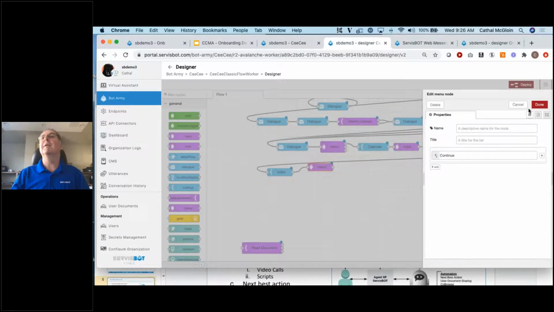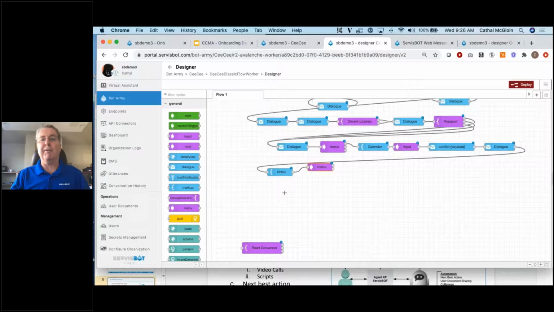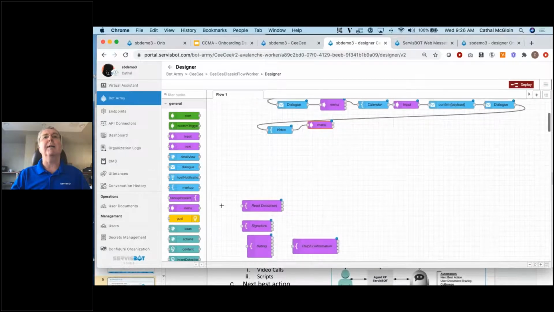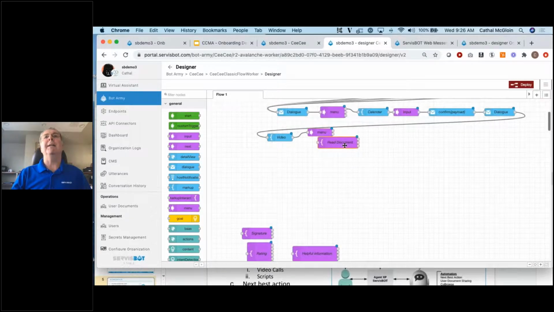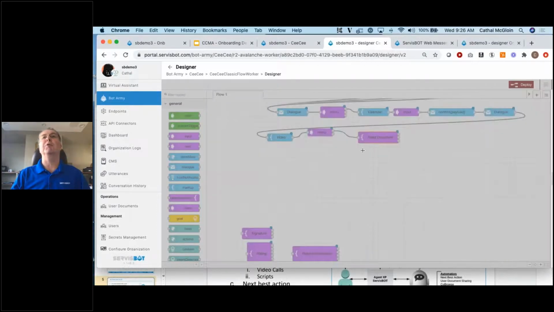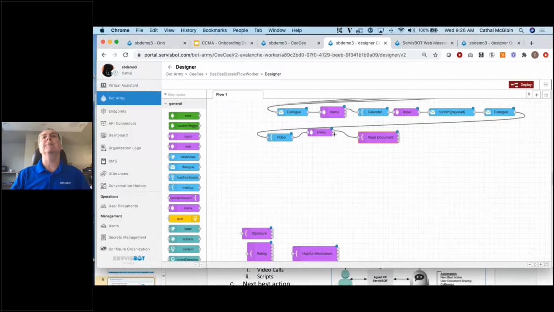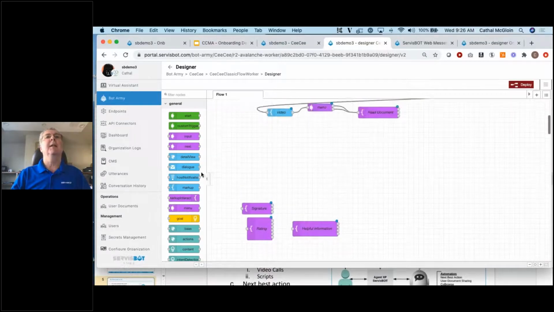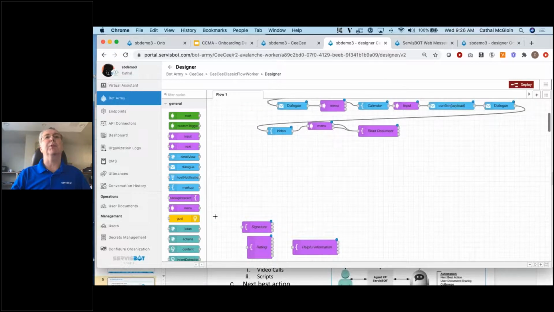Continue. And you'll see this sort of come together now in a flow. What else did I have? We might need them to read a document and review terms and conditions. And so we can drop in documents here. I'm just going to have them review a privacy policy. So again, we can make them move into that. We'll have them review a privacy policy. I won't ask them for a signature. We could. Maybe we'll just finish with that and just go to